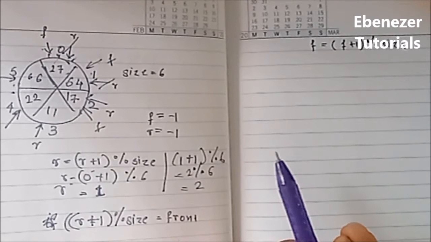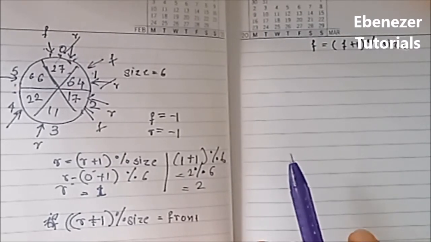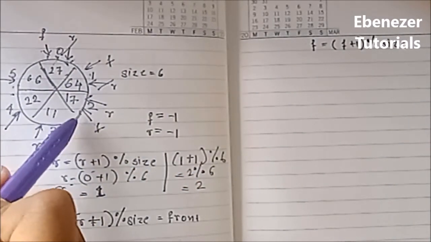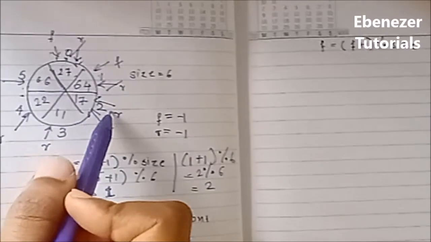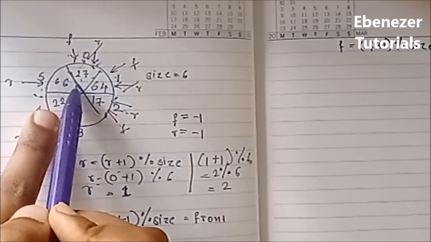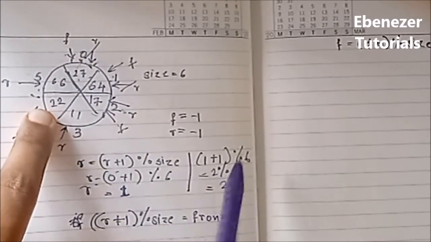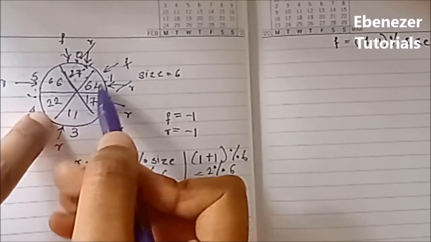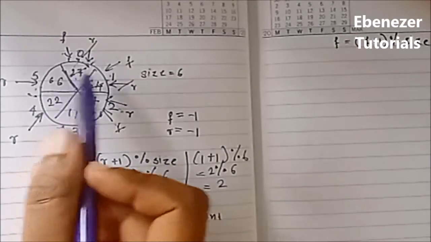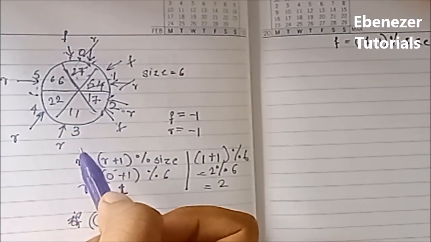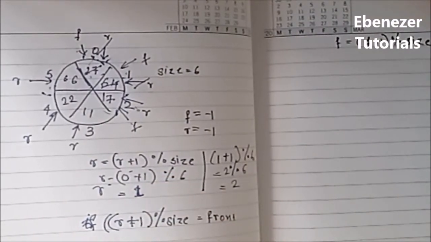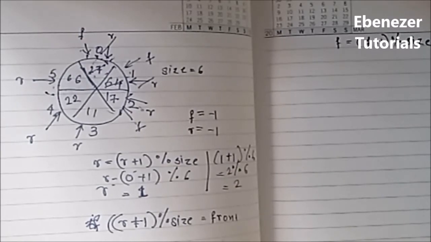So to insert an element or to NQ an element, what is the first primary condition that we check? We check if the queue is full. Now here we can see that our front is pointing to index 2 and our rear is pointing to index 5. So we can see that these two cells, that means the 0th index and the first index, are empty. Although we can see the element here, it has virtually got deleted. So in case of a linear queue, even if this is the condition, we can't proceed with the insertion because the rear pointer only keeps incrementing in its rightward direction. It doesn't come back to its initial position.